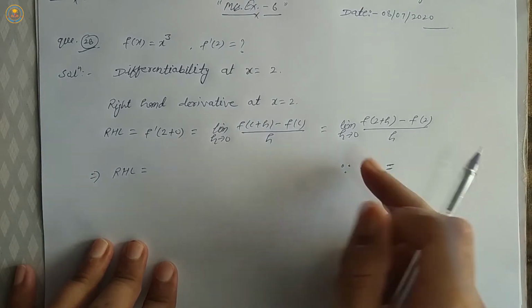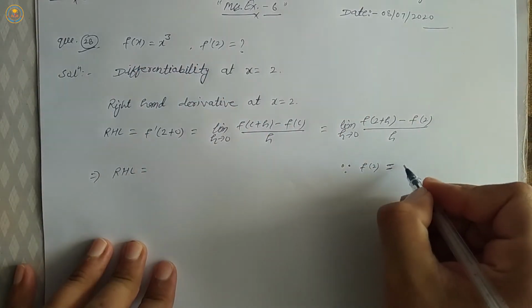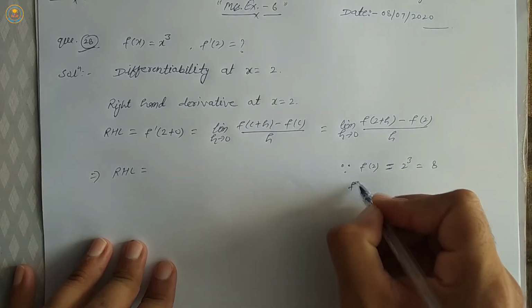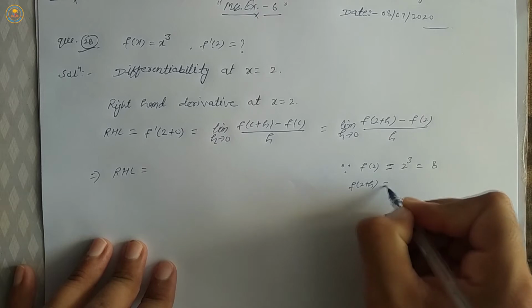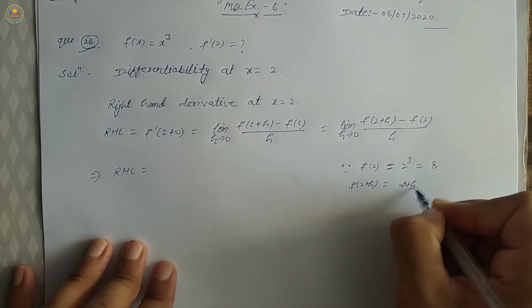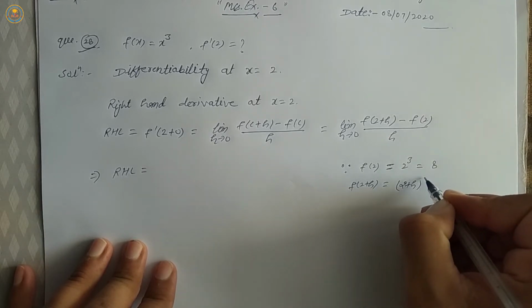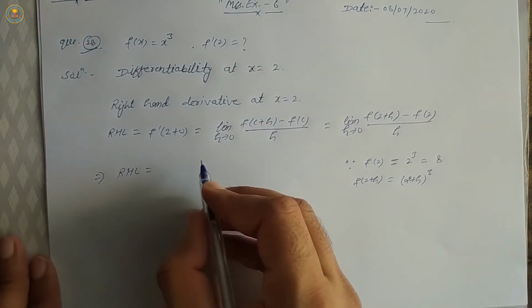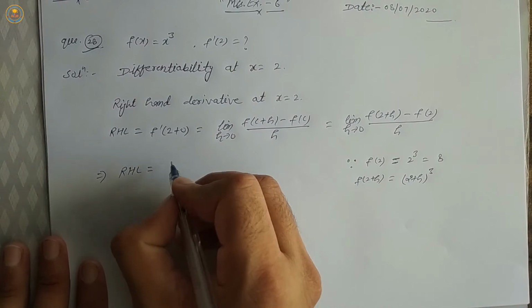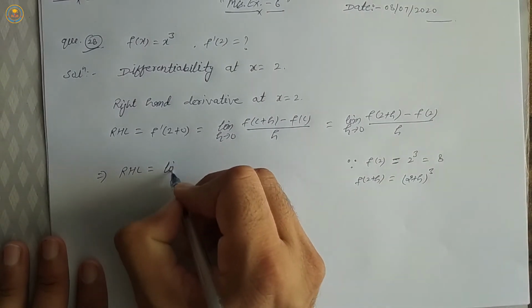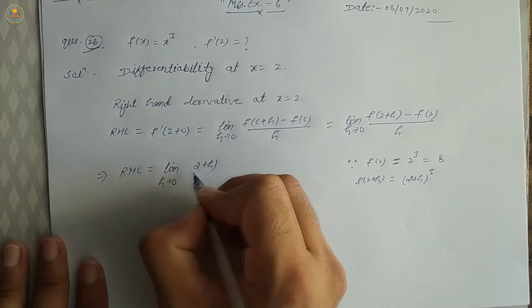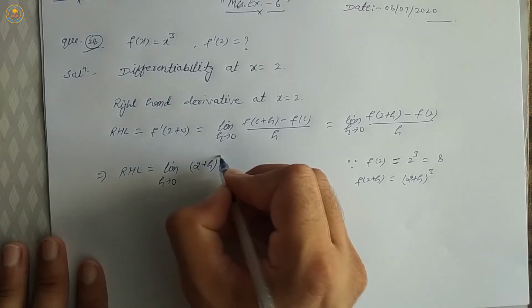Putting the value of x in the function f(x), 2 power 3 is equal to 8. And f(2 plus h), it means 2 plus h power of 3. RHL equal to limit h tends to 0, 2 plus h power of 3